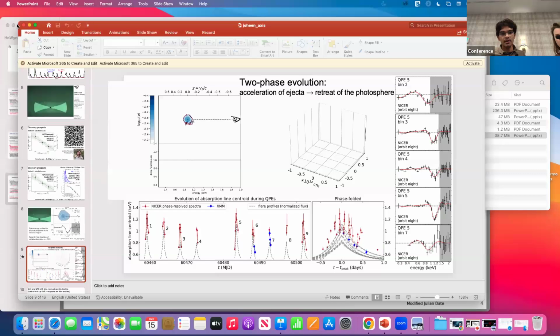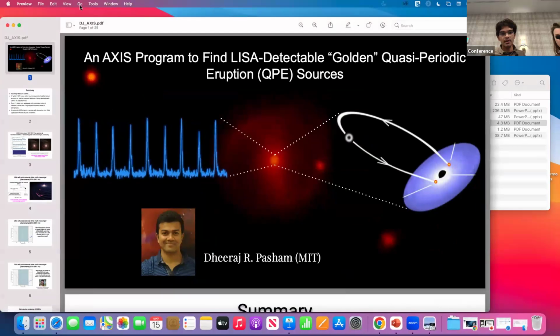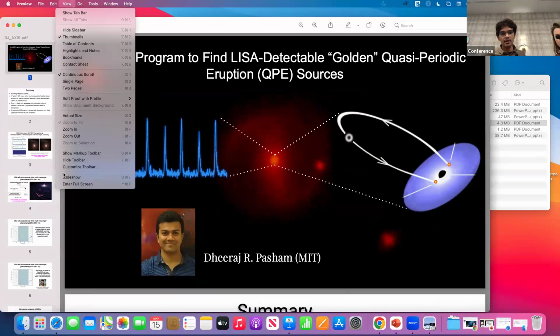Yeah, we don't quite see something like that. You can see from the bottom left panel there doesn't appear to be this odd-even behavior as is expected from the QPE models. But I think there's other reasons why that source is more complicated, so we should chat about it afterwards.